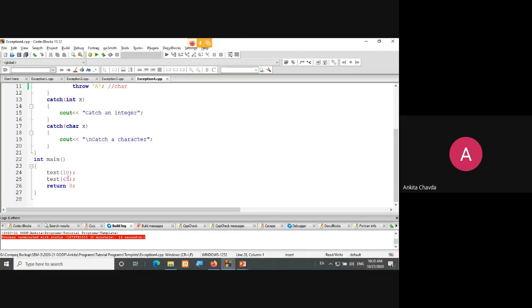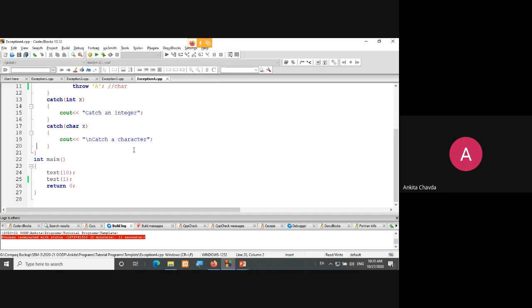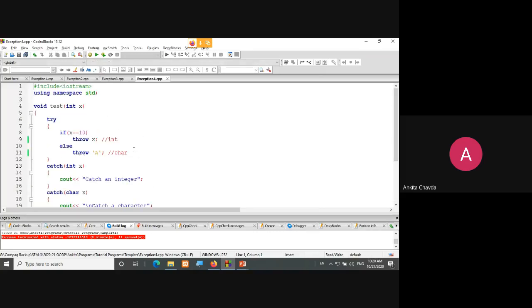Okay, say suppose you are giving over here 1, then also you will have the same output, right? First time catch integer, second time catch a character. But if you want to specify everything, that if x equals 10, then throw this. Else if x equals 1, then throw a float kind of error. If x equals 2, then such kind of error.